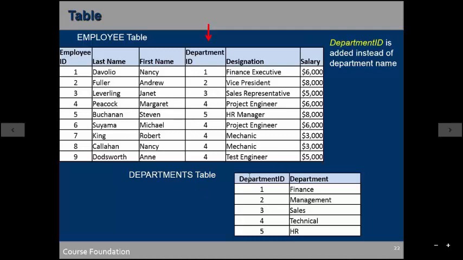Okay, so I need to create a primary key over here also, because in each table there should be a primary key and there has to be a primary key. Okay, so the primary key over here is, what we have made is the department ID, because the IDs of the departments could not be the same. Correct. Now for each ID there is a department.